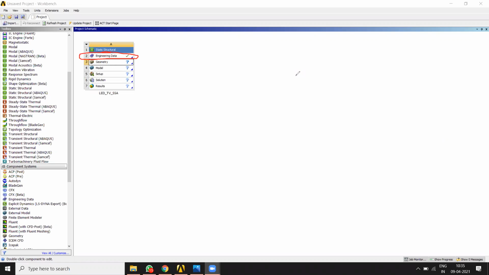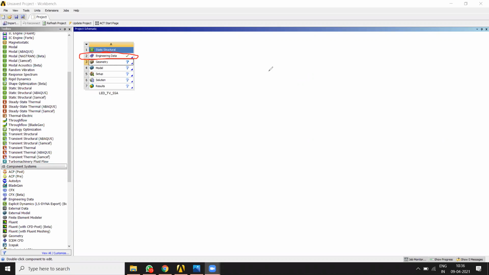But in our case we are dealing with ABS plastic. Also when you do your final year project, or work on any industrial project, you are dealing with a different material, not just structural steel. So the first thing I am going to teach you in the Workbench is how to change material property.